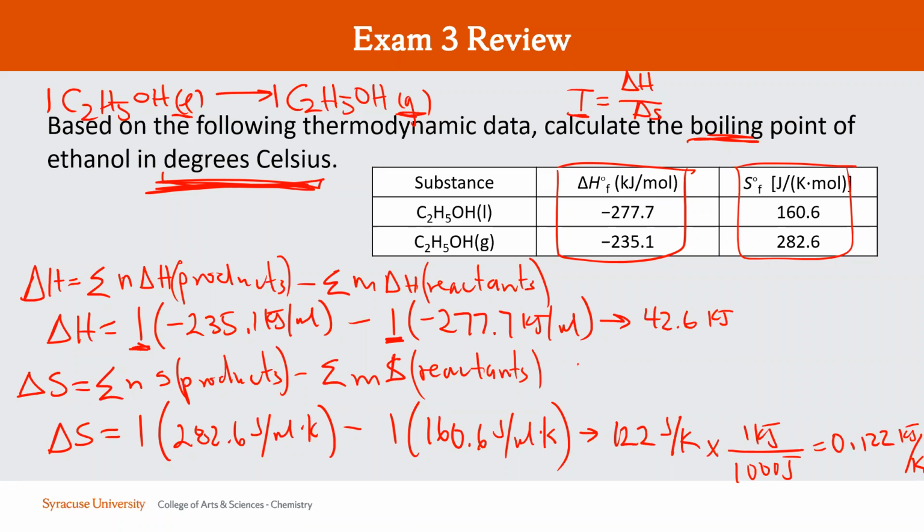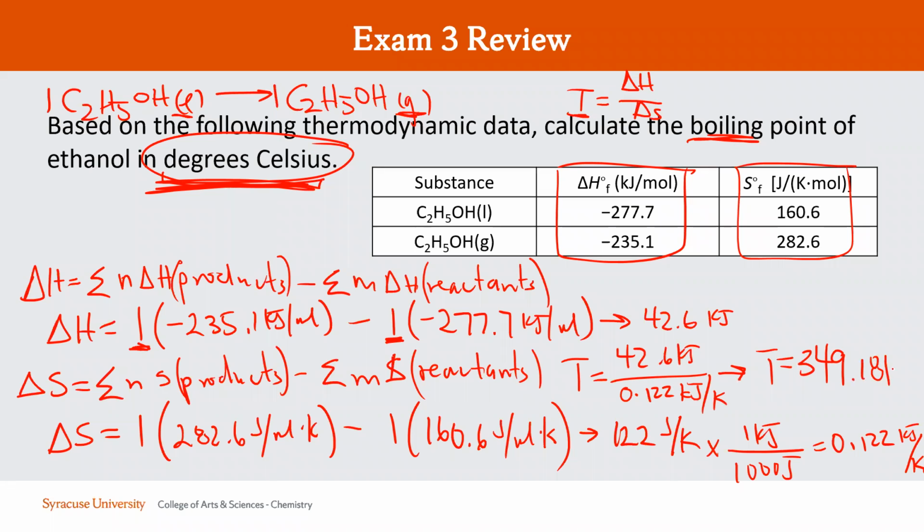Now I can find my temperature, right? 42.6 kilojoules divided by 0.122 kilojoules per Kelvin. And that's why I really stressed this point right here, degrees Celsius, because the first temperature we find is in Kelvin. The first temperature we find is about 349.18 Kelvin. So to find that in Celsius, we know degrees Celsius equals